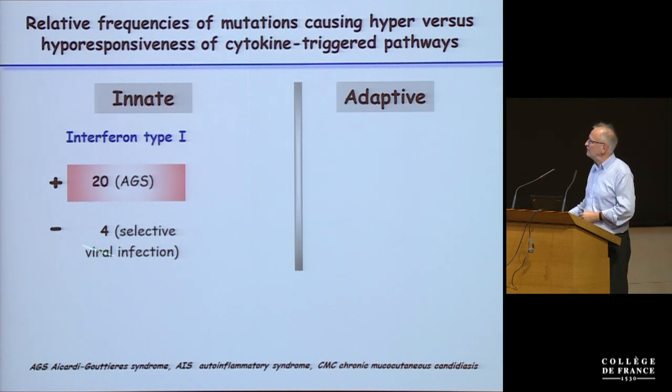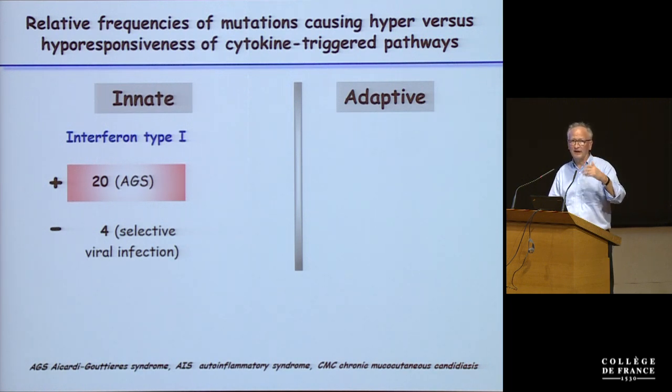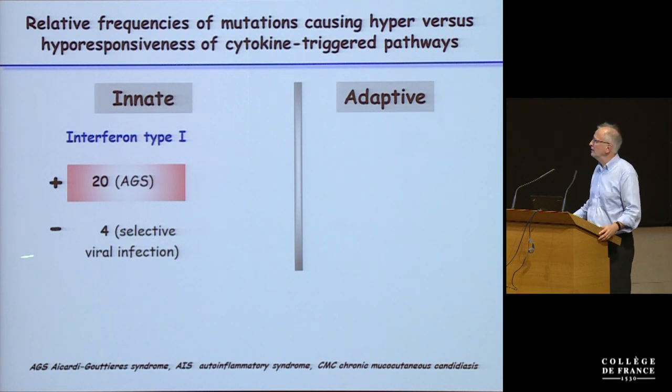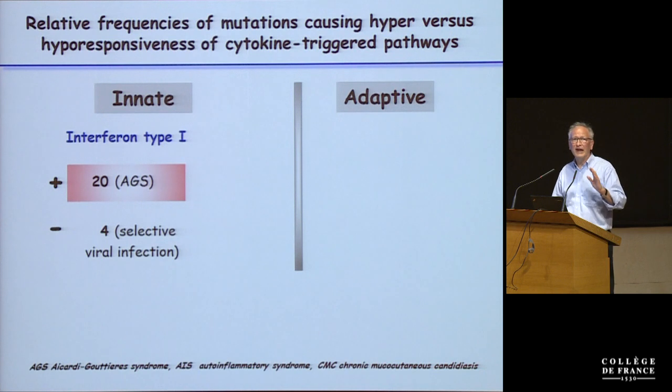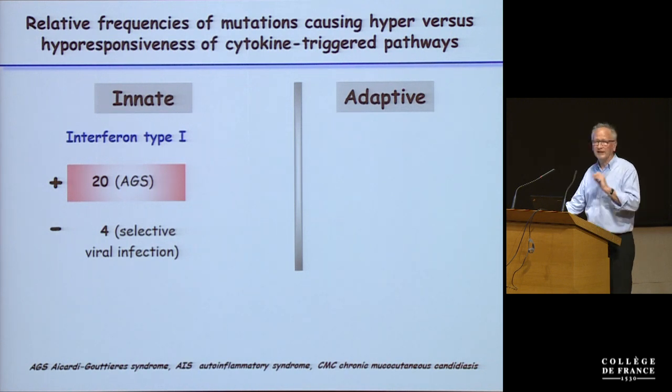We know only 4 diseases with a very, very restricted, as I said, narrow repertoire of infections associated with defects in responses to interferon type 1, such as IRF7 and IRF3. And by the way, very few genes and very few patients, not less than 10 patients worldwide, extremely rare. In contrast, we know 20